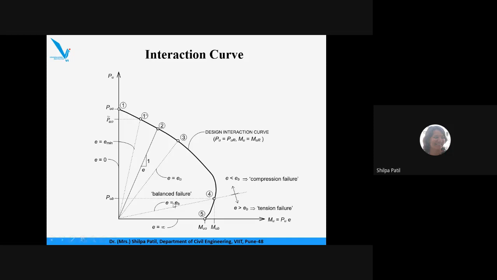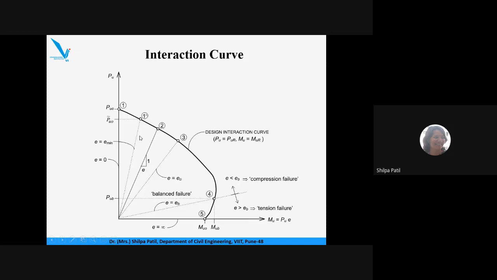That is, whatever external load is acting on a column, we denote it by Pu. The external moment acting on a column, we denote it by Mu. The resisting force developed in the column, we denote by PuR, as written here. And the resisting moment developed in the column, we denote by MuR. So these are the internal forces developed in the column to keep the column in equilibrium and to balance the external load acting on the column. So these values can be found on this particular curve.